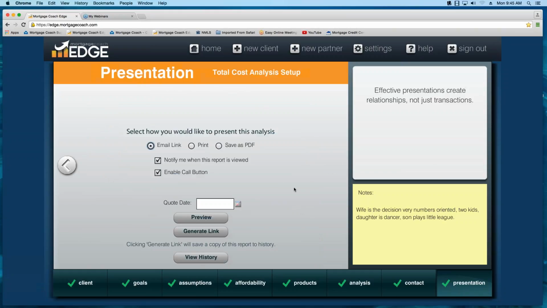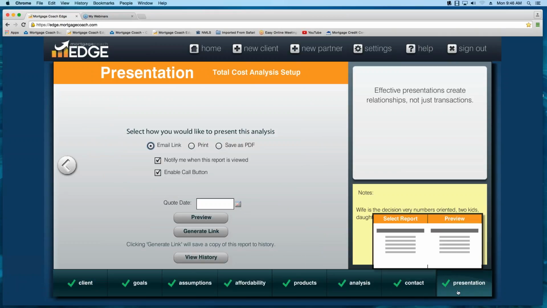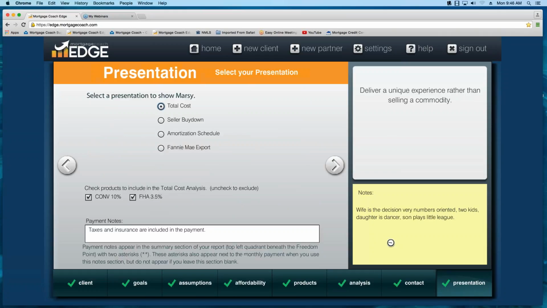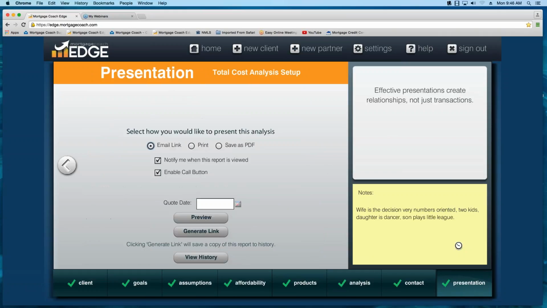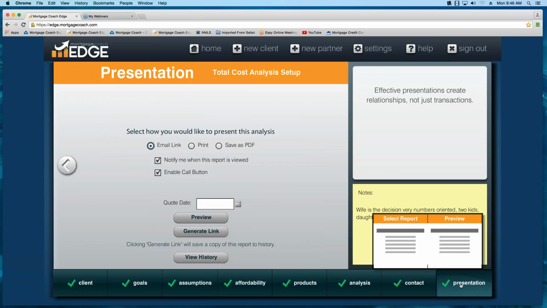Okay, so as you can see, we've moved from client all the way to the final tab here, presentation. We were just in the select report, and now we're in the final stage, the preview. I also want to show you real quickly that when I put the cursor